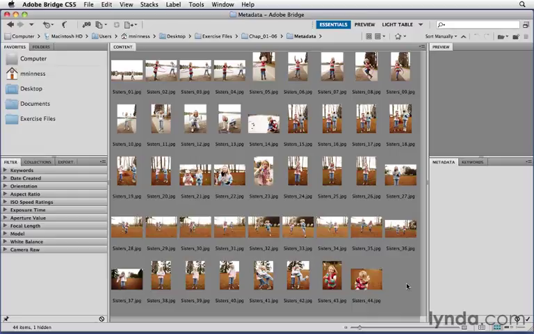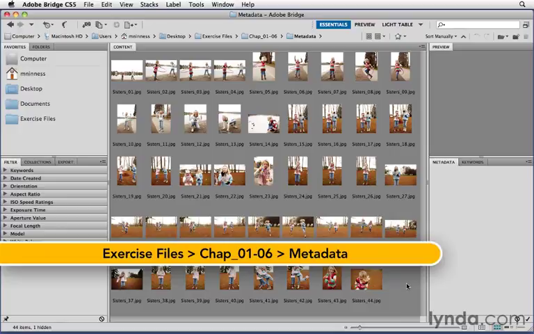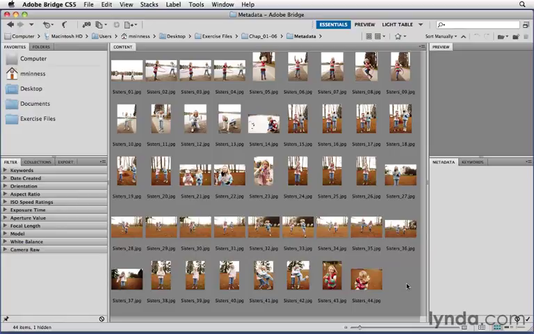One of the things that you might want to consider adding early in your workflow is the notion of metadata. Adding information about the particular file and embedding that information inside the file itself so it travels with the file. There's lots of different metadata that you can add to a particular image, and in fact, almost every image comes with at least some little bit of metadata embedded inside it that was put there when you took the picture